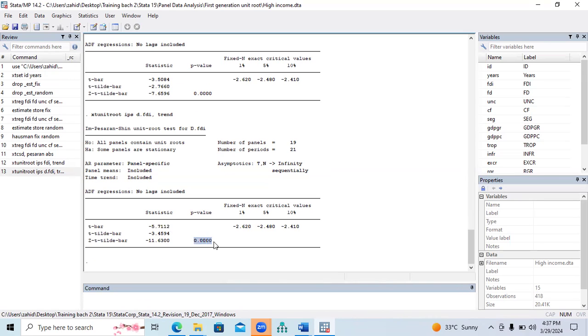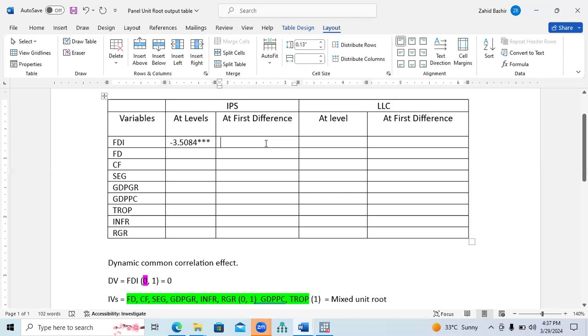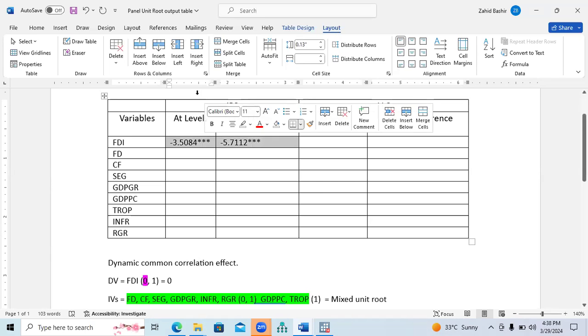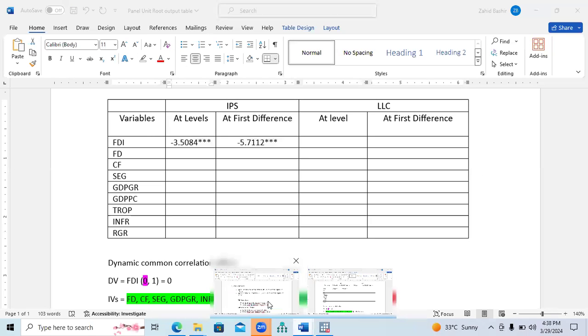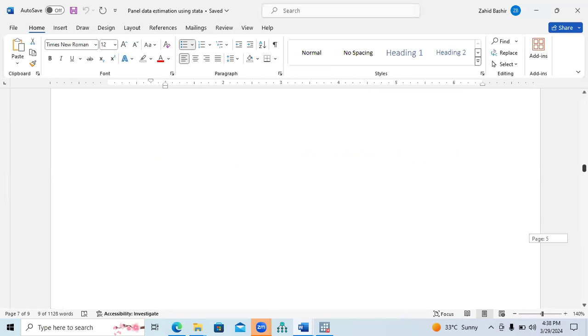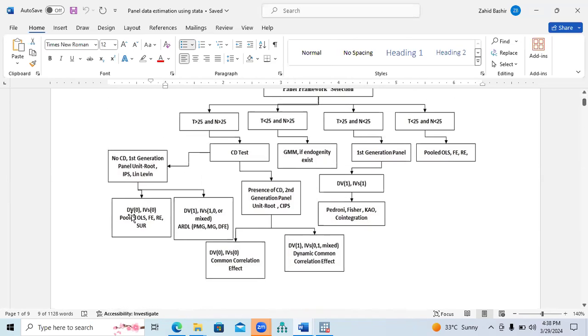It is also highly significant, and it is greater than the critical values. So you need to place this value into the table like this, and include three asterisks. It means this variable is basically stationary at level as well as at first difference. Now your dependent variable is stationary at level as well as at first difference. If we see the condition for our initial criteria, if your dependent variable is stationary at level,